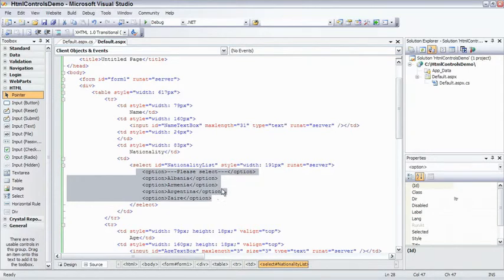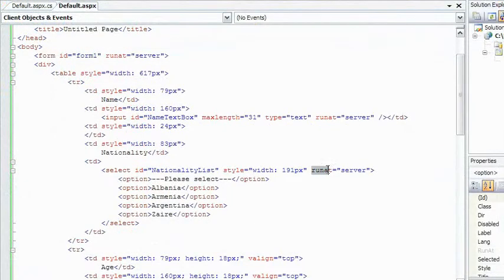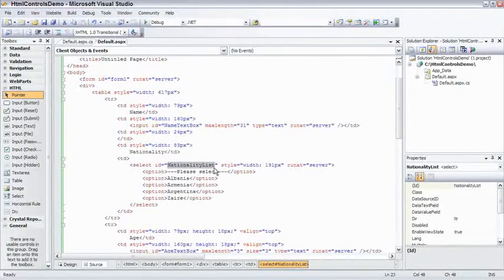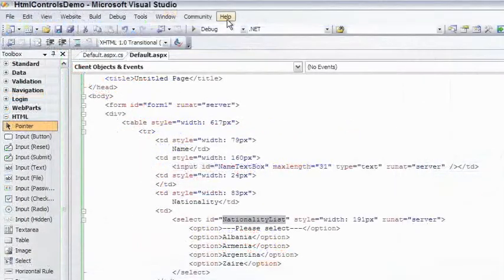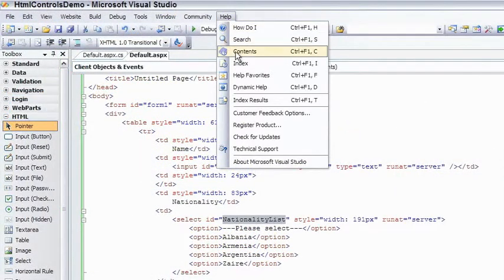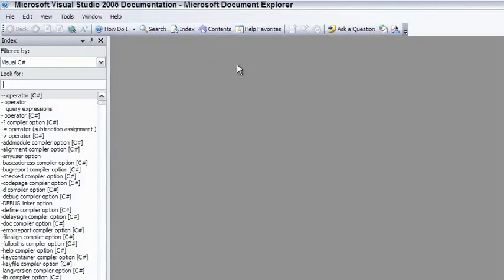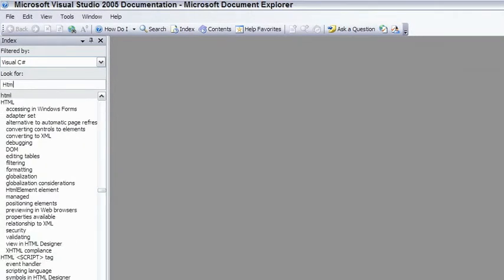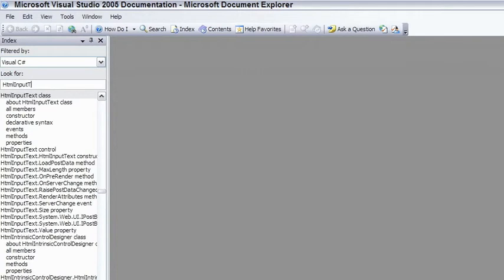Also, the important point I made earlier, you really need to set the runat=server attribute on each of your controls so that you can access the controls via a .NET object in your code in event handlers. Just one last point before we move on. On the help system, if you're curious, you can see exactly what properties and events and methods are available on these different classes. So I'll select help index, and here, for example, if I type in HTML input text